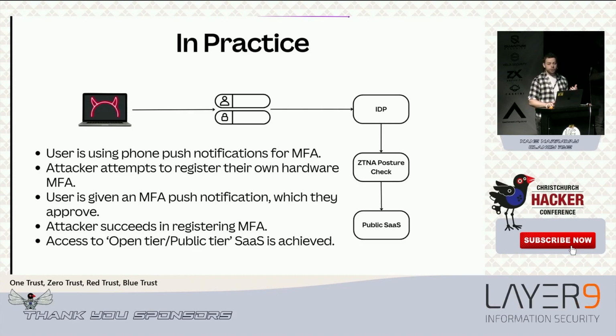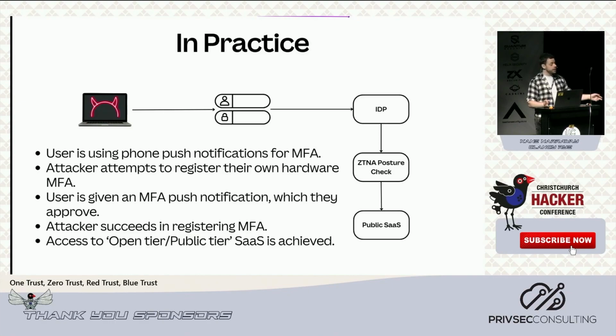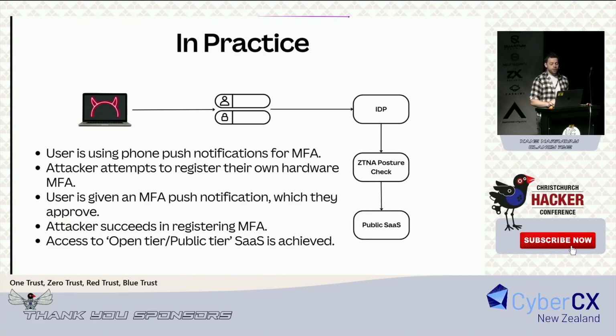And we're actually able to enumerate that prior using the MFA provider's API with their credentials. So due to this, we're allowed to register our own hardware MFA in addition to the user's default option of using push notifications. So whilst this does prompt the user with an MFA notification, we get lucky and they mindlessly approve it to make the strange box go away. So after which, we've got persistent access to applications in the open tier. So things that require credentials and MFA, but no specific device certificate.